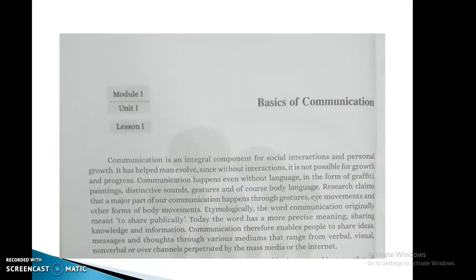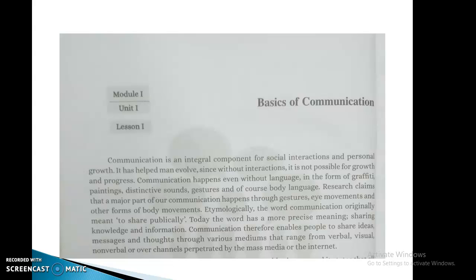Communication therefore enables people to share ideas, messages and thoughts through various mediums that range from verbal, visual, non-verbal or over channels perpetrated by the mass media or the internet. Communication therefore allows people to share what? Ideas, messages and thoughts through various mediums, and the mediums through which communication takes place range from verbal, which means through words,